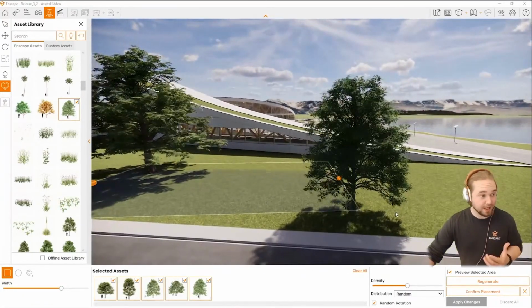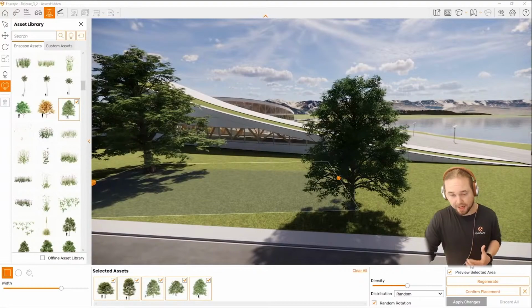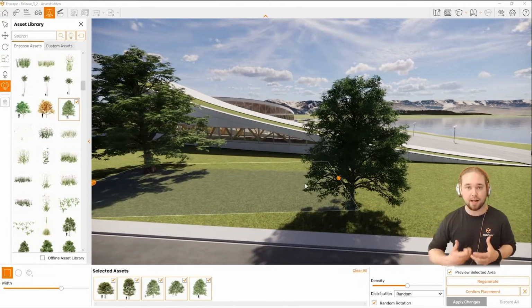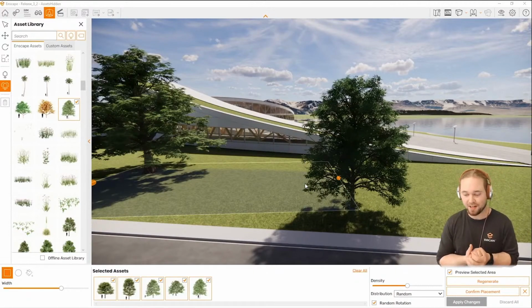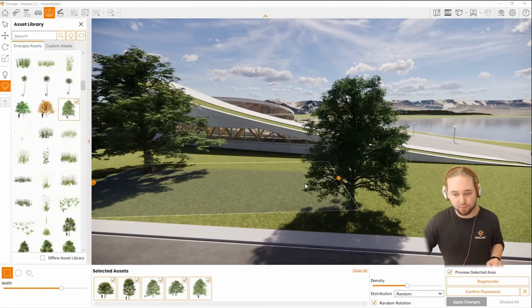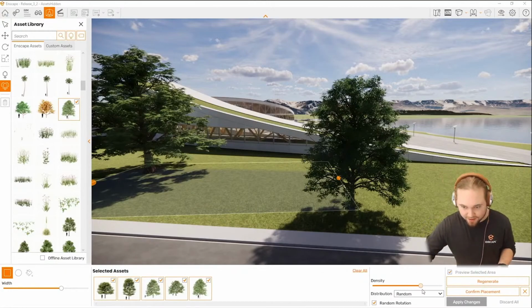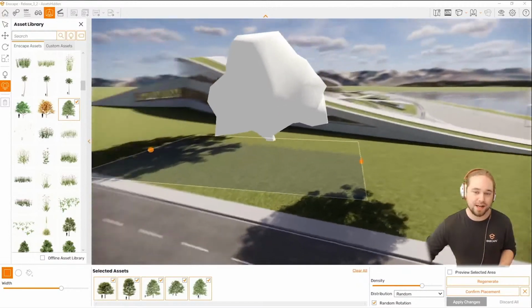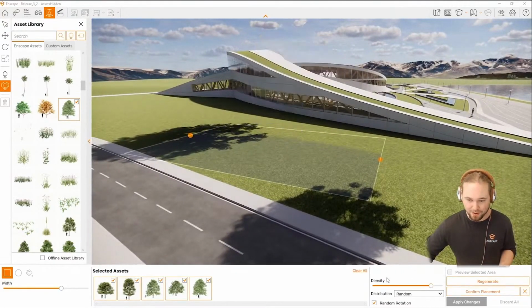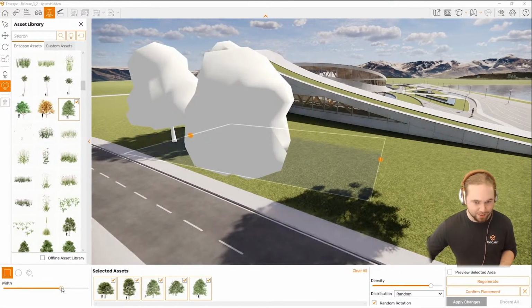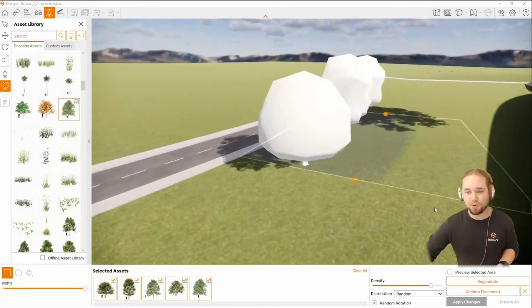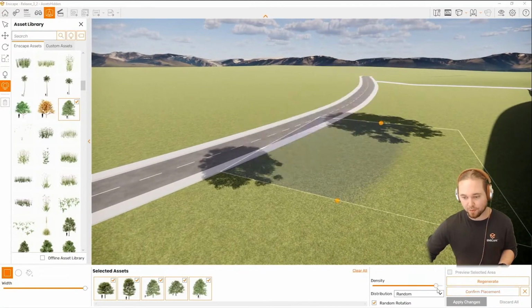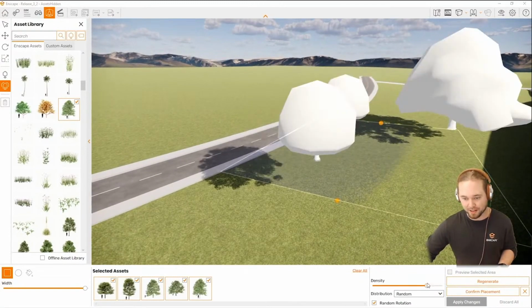Exactly. One more thing that I want to really highlight here is Enscape is taking the scale of the assets into account and the room we have, so it does its best to prevent them from overlapping. So yeah, you don't have to worry. Even if we scale up the density, let's try that, you will still get, okay, that's maybe too big of an asset, or maybe we should increase the width of our selection a bit. But yeah, they won't overlap, which means you don't have to worry about an unrealistic look in any way.